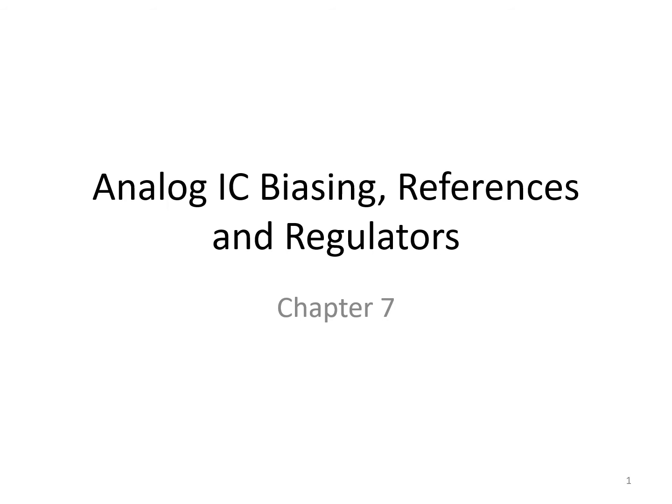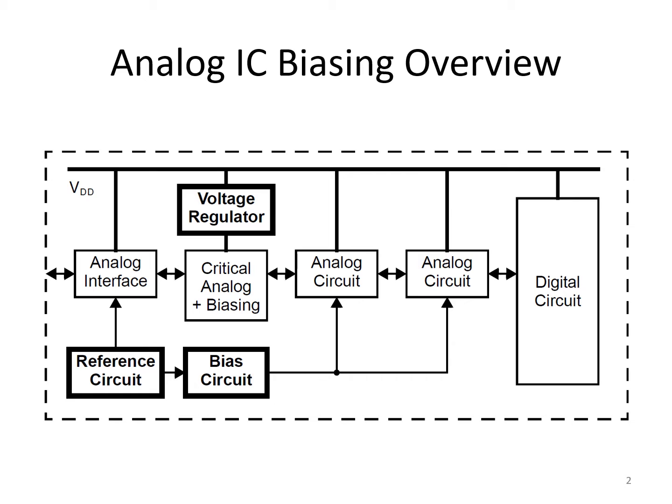In this video, we're going to continue our discussion of biasing references and regulators, but we're going to focus on references. Remember that we distinguish between a reference circuit and a bias circuit in that a reference circuit specifically provides absolute constants. That is, a reference circuit can be relied upon to provide a very specific number of volts or amps of current